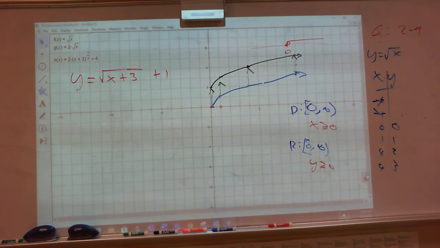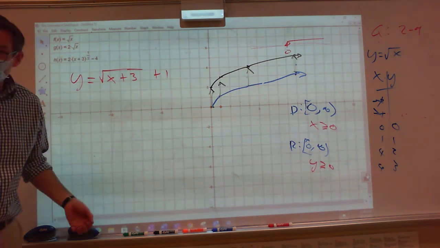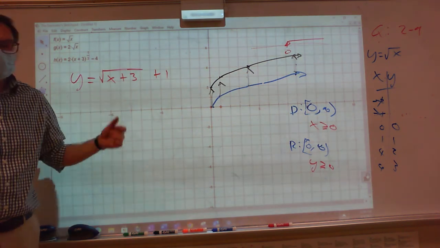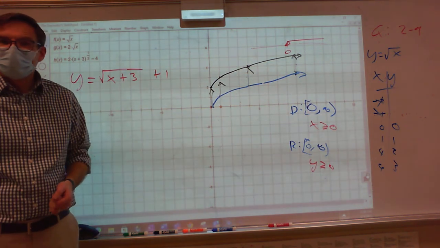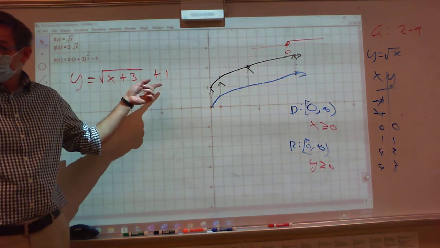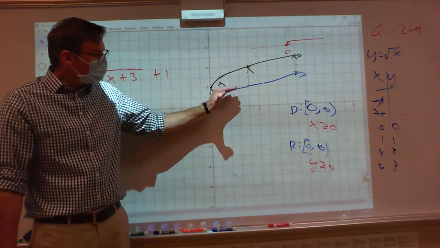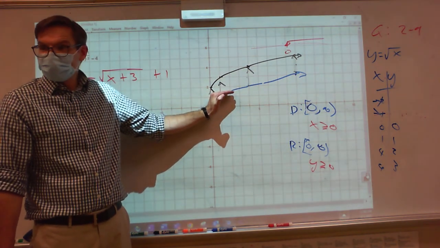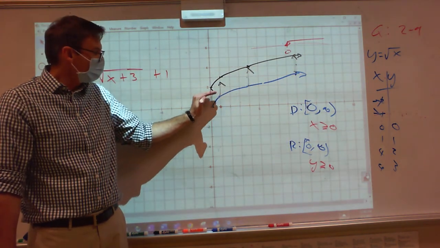So let's say I want this. Before we start the problem, what should happen? What does this plus 3 tell me to do? Move it left 3. What's the plus 1 tell me to do? So this basically says take this little half parabola, this curve thing, and go back 3, 1, 2, 3, and